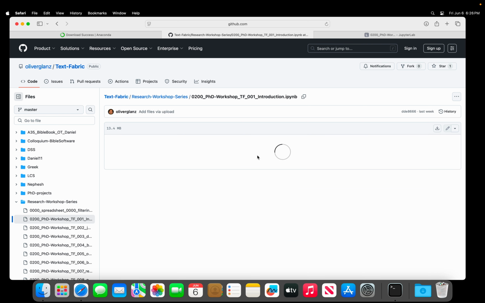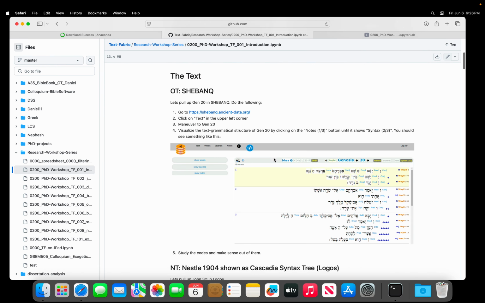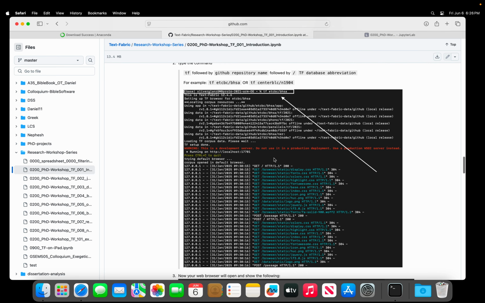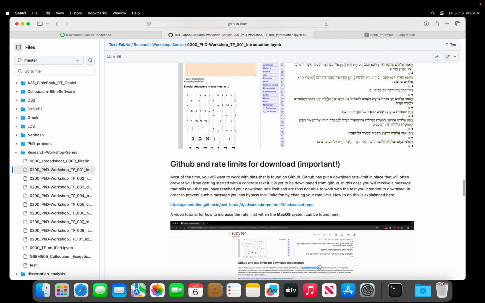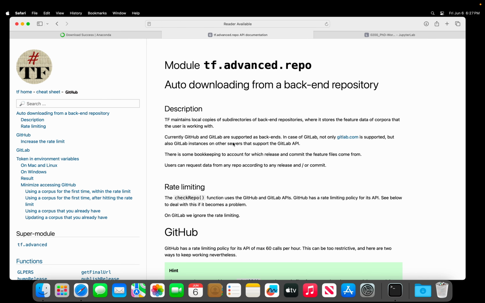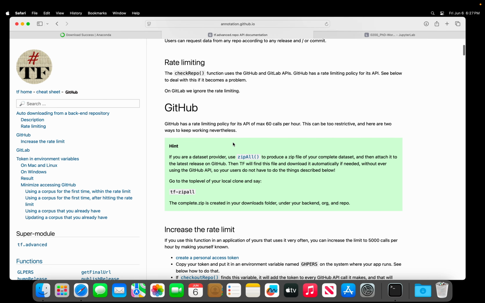In fact, let's click on this and then you'll see what type of codes we have to run in order to increase our GitHub rate limit. You'll see that there is a section at the end of the notebook that tells us GitHub and rate limits for download. Important indeed. It is important. As you saw, we were not able to continue with our TextFabric installation of some of the modules of the Greek New Testament. So we are going to click here on the instructions on how to increase your GitHub rate